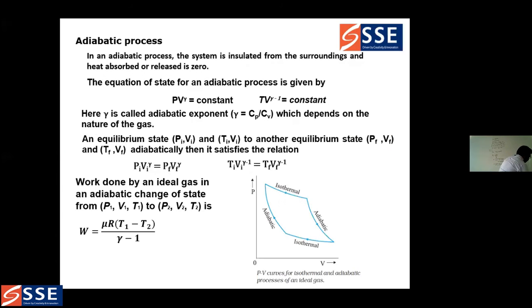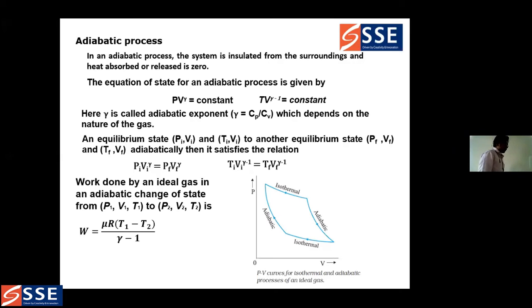So now we're going to see about the adiabatic process. What is the adiabatic process? What is the difference between the adiabatic process and the isothermal process? Why do I suddenly bring the adiabatic process here? Because there is a relationship between isothermal and adiabatic. In isothermal, the temperature will be constant and pressure and volume will vary. In the adiabatic process, the pressure, the temperature, the volume, all three will vary. So that is said to be the adiabatic process.